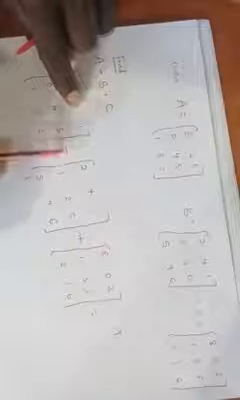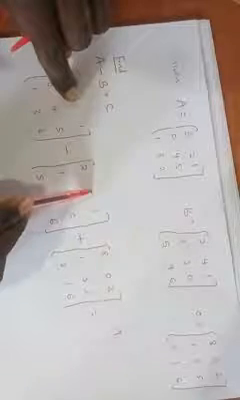So we move on to this one. 2 minus 4 is negative 2. Negative 2 plus 0 will remain as negative 2. What about this one? Remember, it is